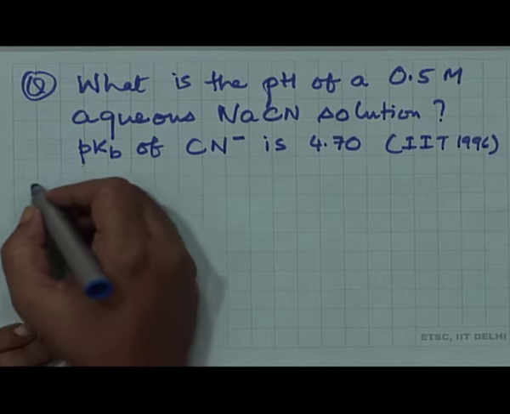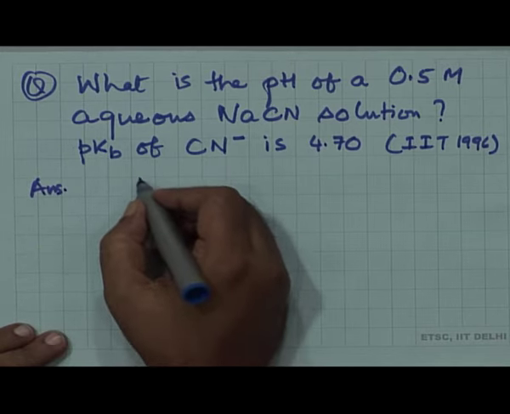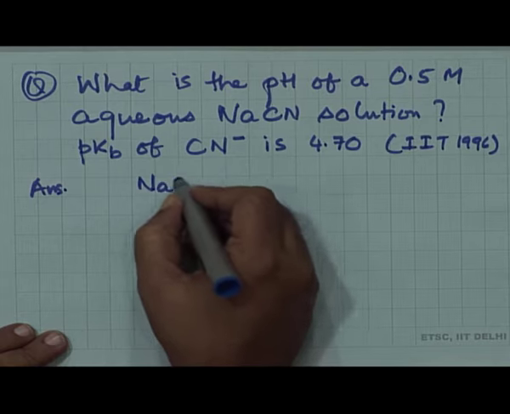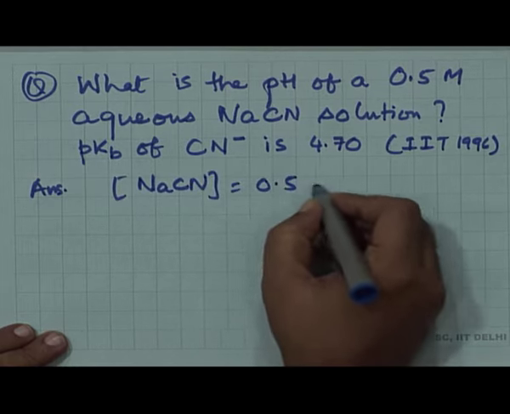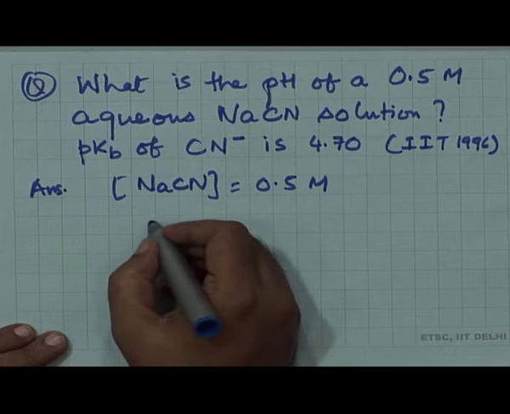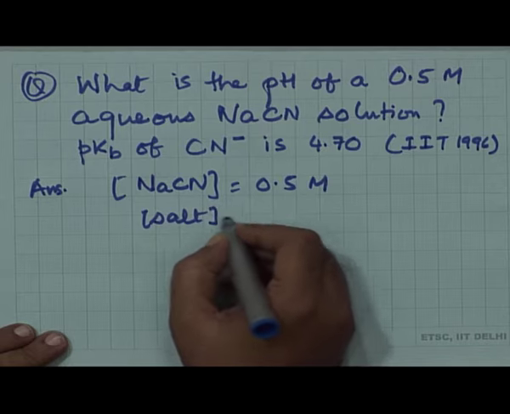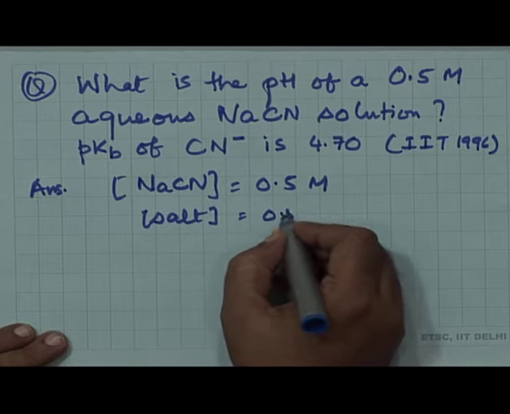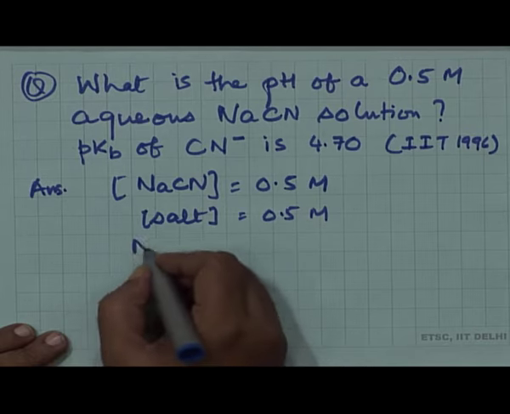Now, what is given is your concentration of NaCN, and that is 0.5 molar. So, this is basically your salt concentration. Salt concentration is 0.5 molar. Now, you see NaCN